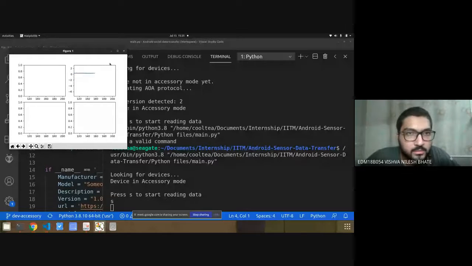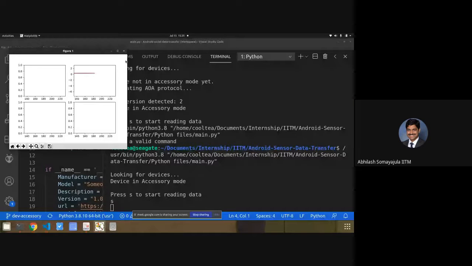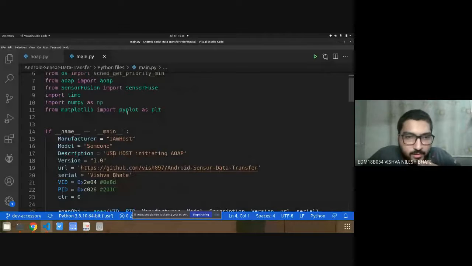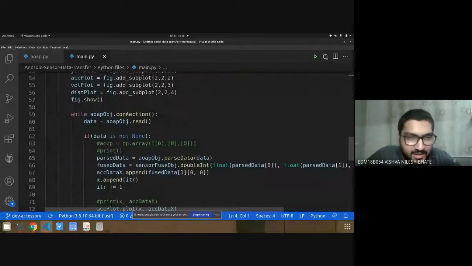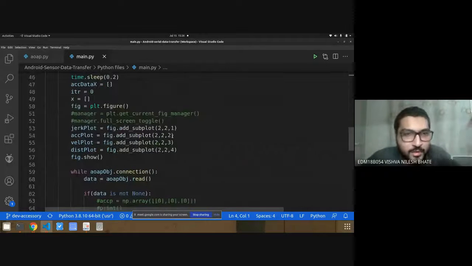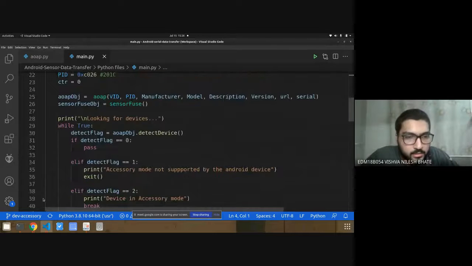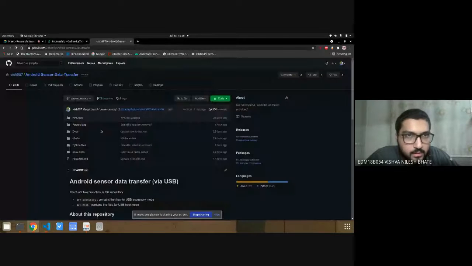Okay. That is plotting your accelerometer data? Yes, that was plotting my accelerometer data. But that plotting is not working correctly. I was just working around with this. I forgot that it's incomplete as of now. But you can see the data like that, and you can receive any data like this on your main.py. So that's how the whole thing works.